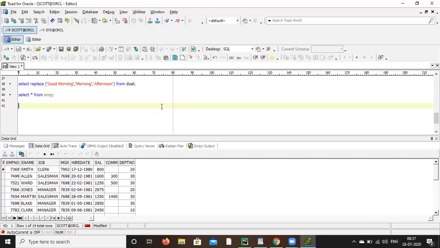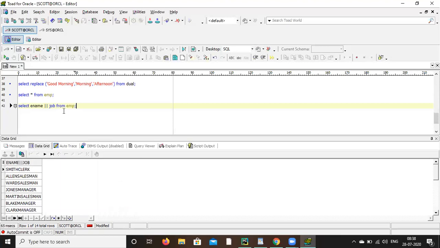How to concat here in the table? Select name and job. Let's say I want to concat. So select ename concat job. Concat means pipe. Job from EMP. Semicolon.